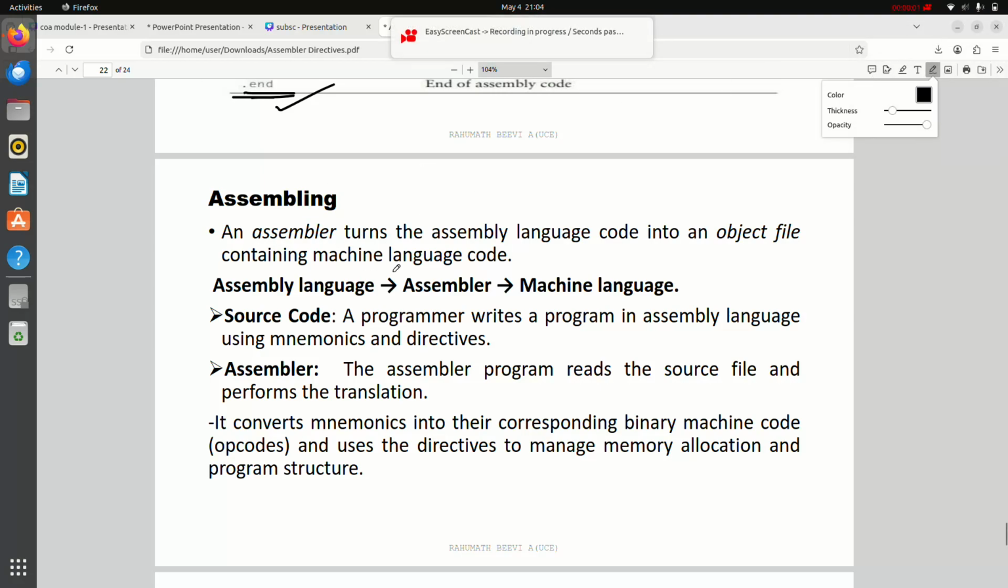So while we were discussing the assembler directives, we have to understand there is one point that we haven't discussed till now, which is the process called assembling. Now, assembling means what? Assembling is the process of converting assembly language into machine language using an assembler. So we have to know that